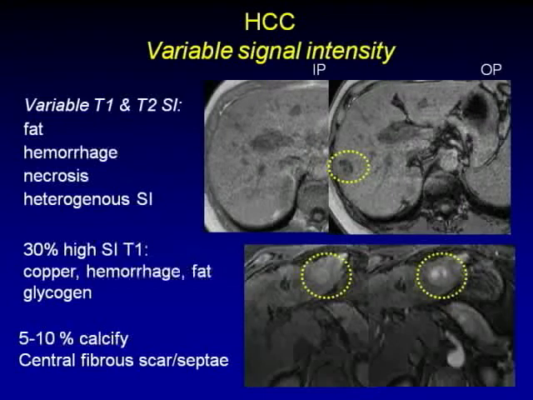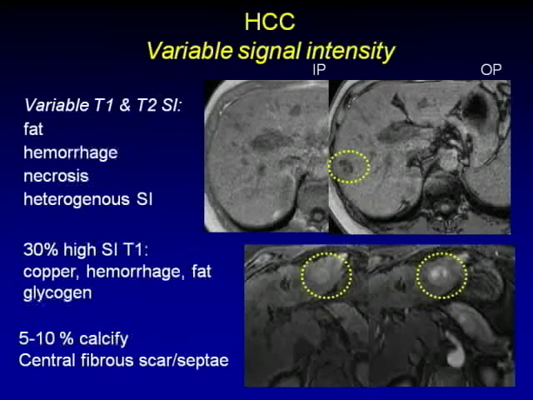What do you do? You follow it up in 2 to 3 months, and you look for growth. If it grows, it's a hepatoma. If it doesn't grow, you continue surveillance, continue follow-up, another 3 months. If it's real small, if it's less than a centimeter, you say, okay, maybe we'll wait 6 months. The key thing is you don't want to let it get out of the box and hit 3 centimeters without